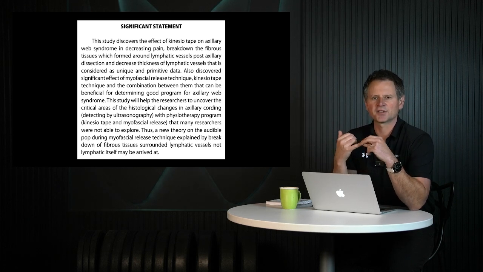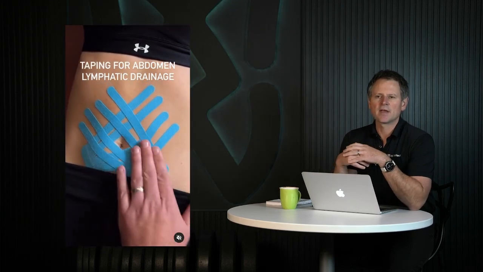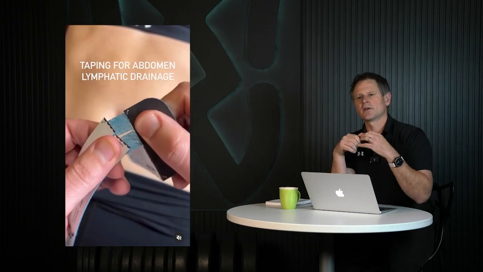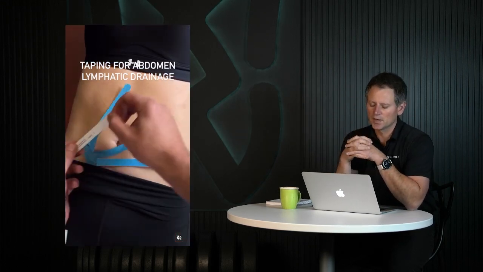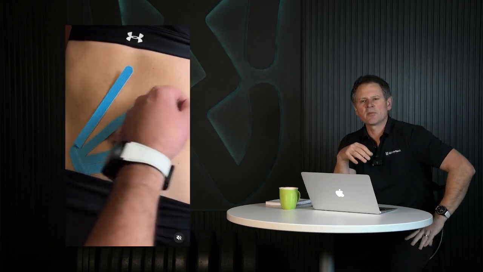If we click to the next slide, this is a tape that we would use to help improve the function there. This lymph node is the last step for all the lower body lymph coming up, and it's the last stop before we get underneath the collarbone, before it drains back into circulation. And so this is going to be a common tape job that we'll use if we see